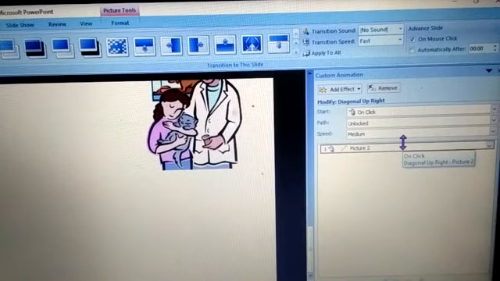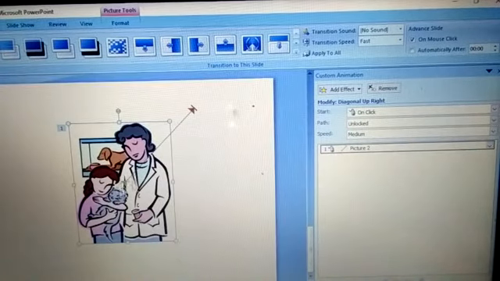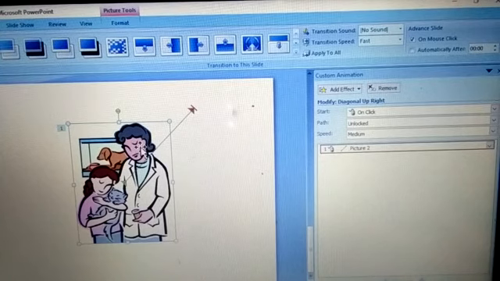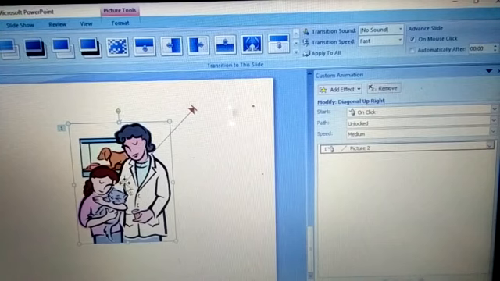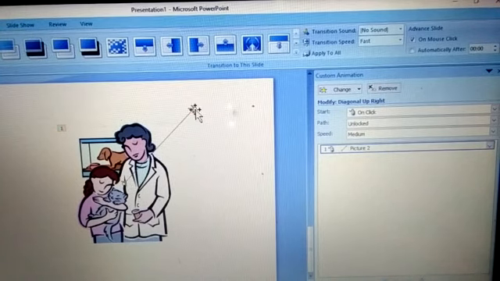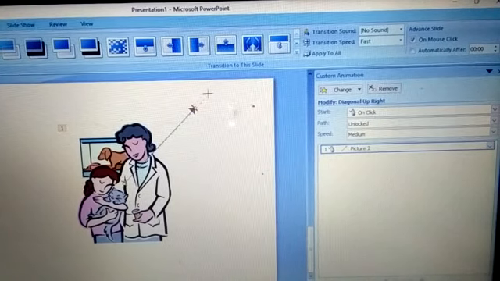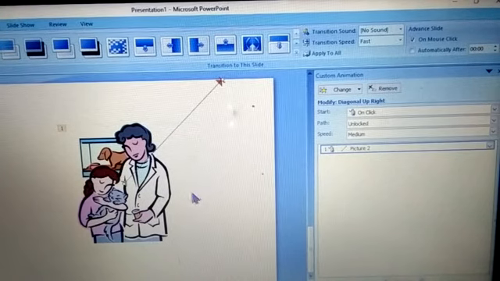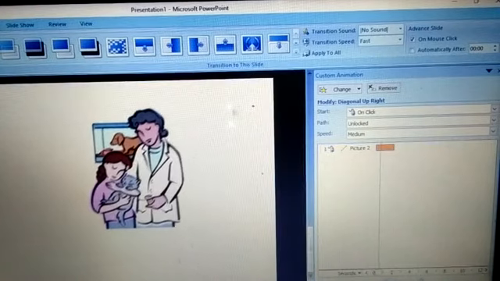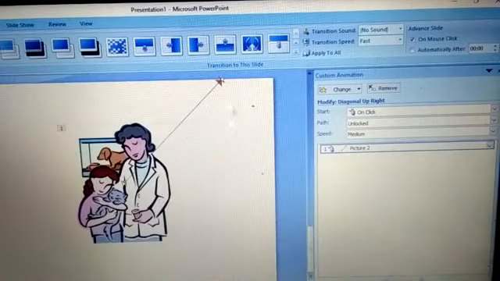As you can see, there is a green and a red arrow here. So from here it will start and it is going till here. You can change the direction, you can change the length of this. Fine. You will click on this. These small dots, as you can see, you can increase by dragging or decrease by dragging. See, I have increased. Now this object will go till here also. Let me play it for you. See, this object is going till that position. So this is how you will do with the motion path.